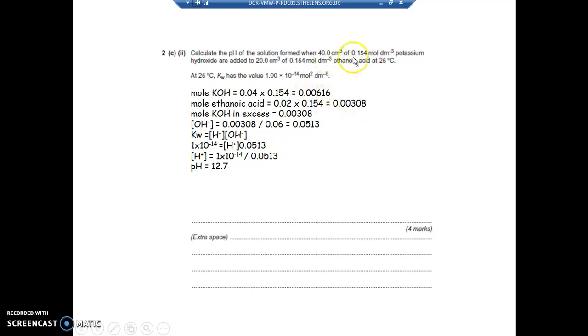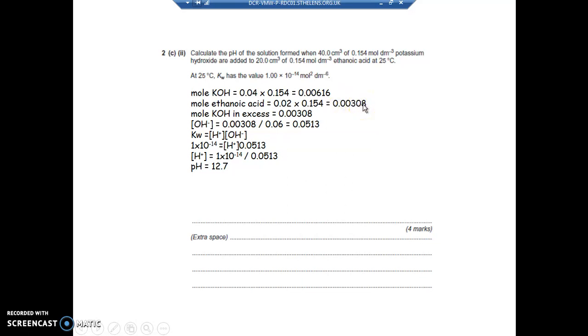When you've got an acid added to an alkali, you always work out what's in excess. We've not got sulfuric acid, so we've not got a diprotic acid. So 1 mole of acid reacts with 1 mole of base. And so let's work out what we've got most of. We've got most of the KOH, the potassium hydroxide, and if you subtract the two to get them away from each other,